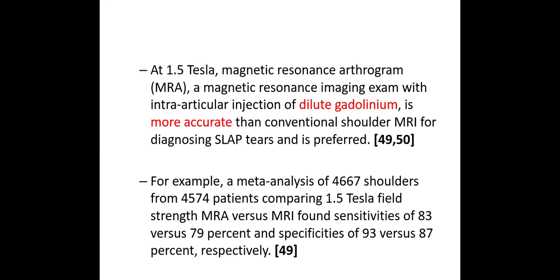Gadolinium is exactly that contrast agent which can be injected into the shoulder. It is more accurate than conventional shoulder MRI for the diagnosis of SLAP tears and obviously, as we said, its sensitivity improves. What do we mean by sensitivity? Sensitivity is the